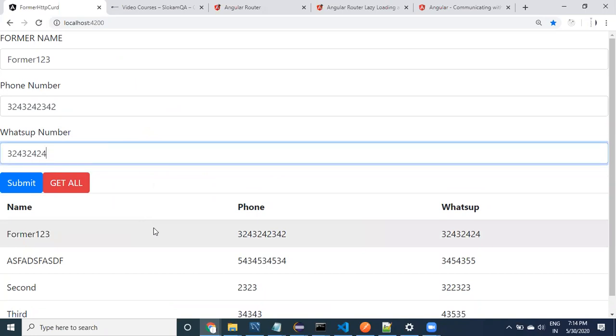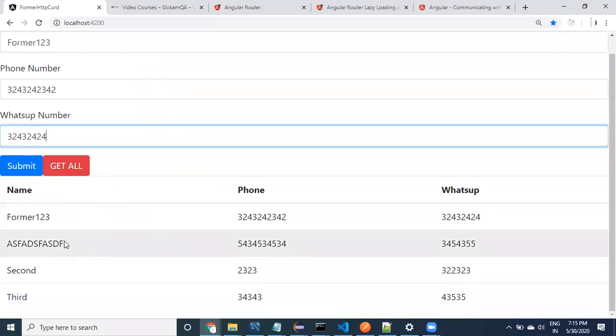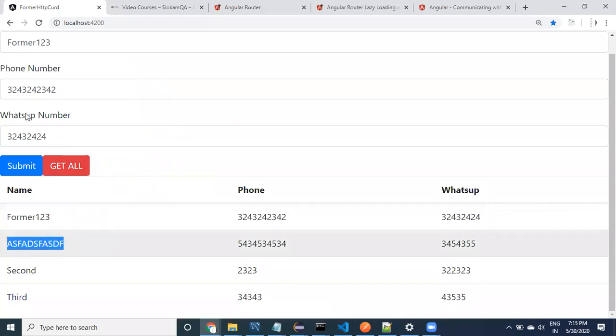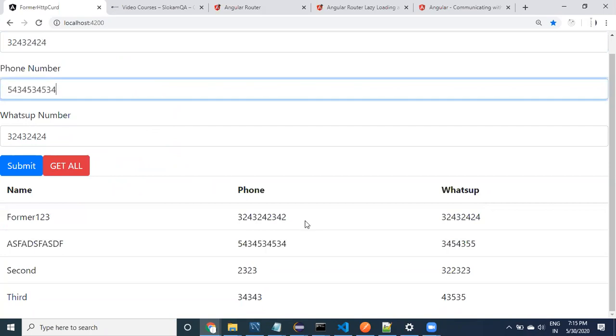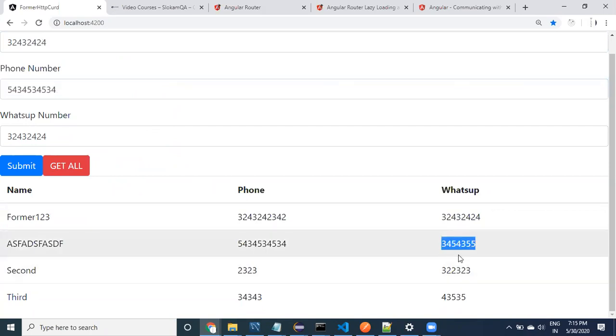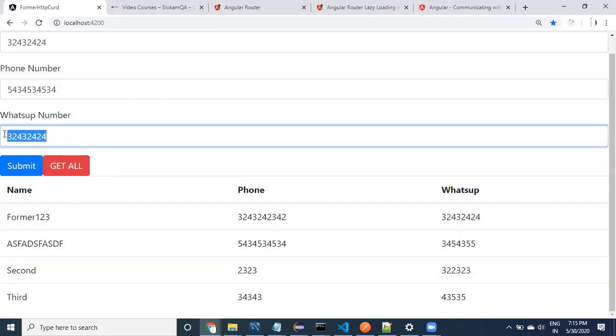I'm not asking you to copy paste this data over there. It has to happen programmatically. If I click on the second record, then what should happen? This name has to come here, the phone number has to be pasted here, and this WhatsApp number has to occupy here.